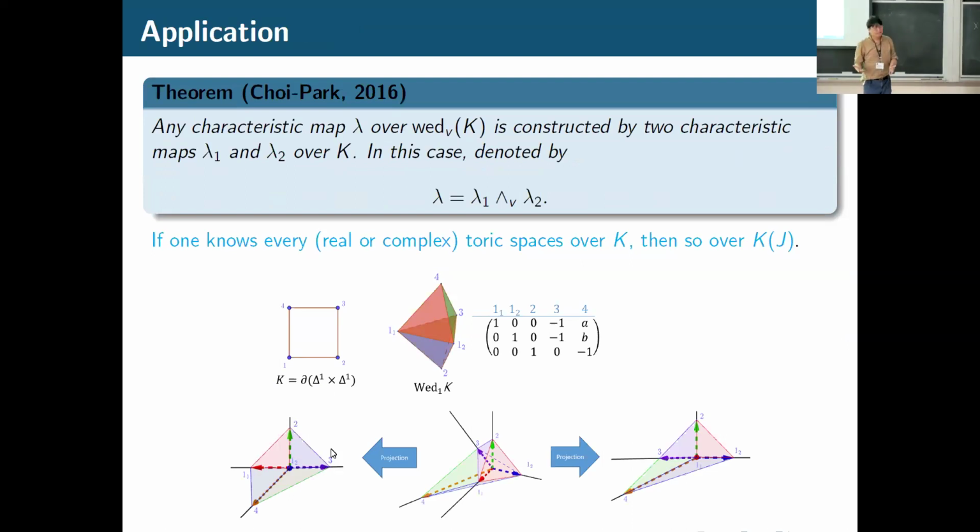Then the next thing I wanted to do is use it to solve some open problems in toric topology. What I need is that the wedge operation is useful not only for